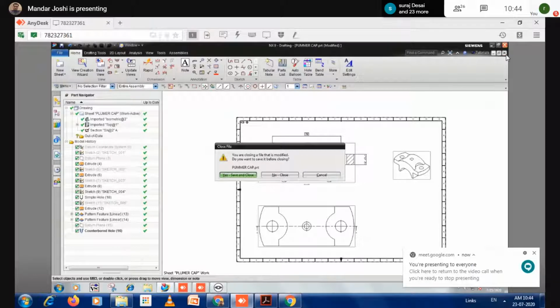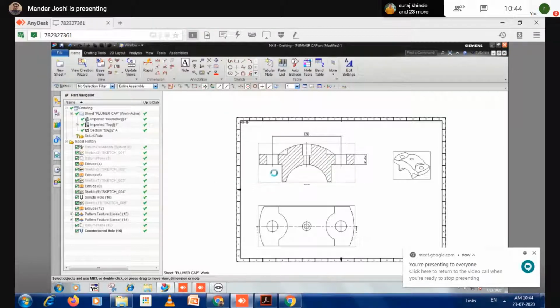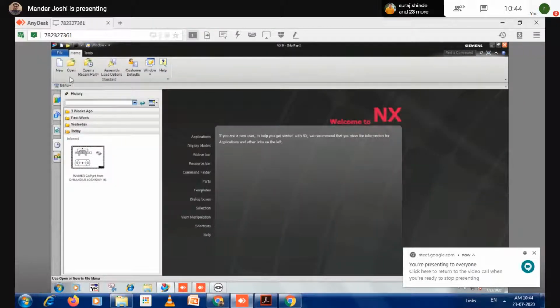What is the process? First, open the model.